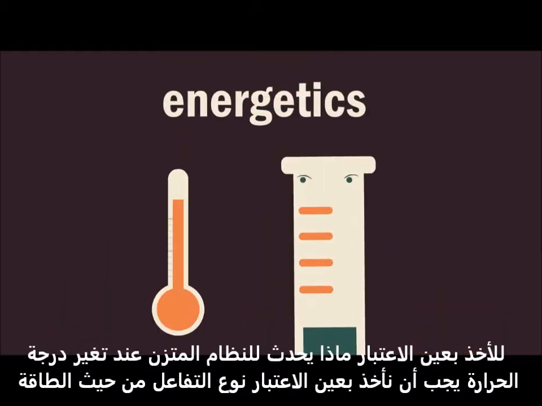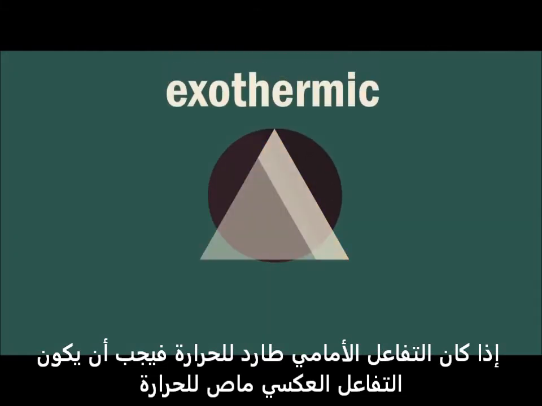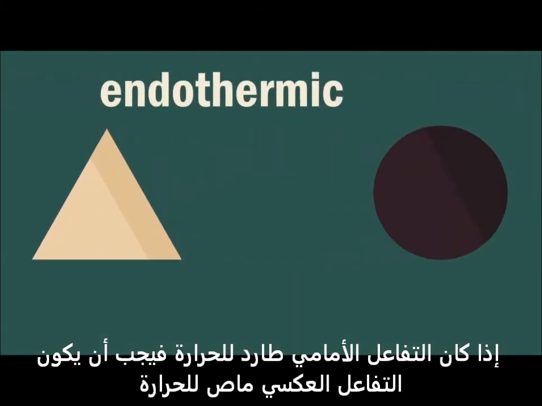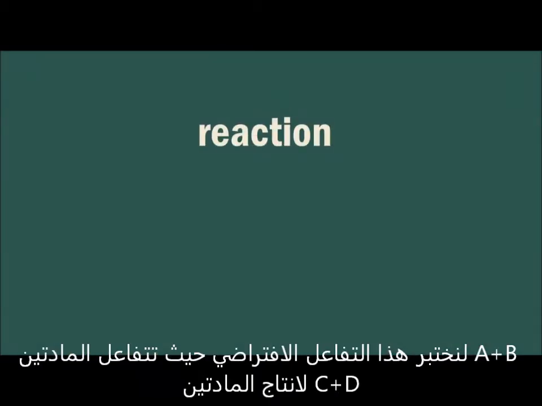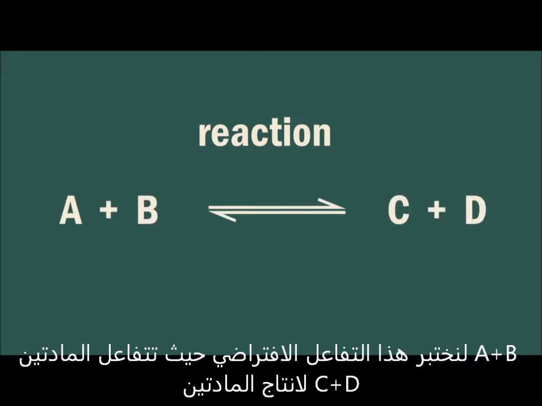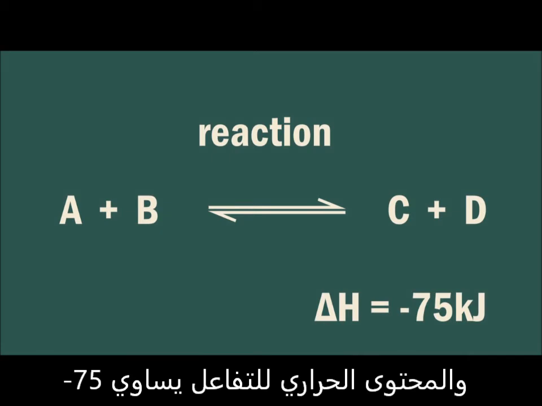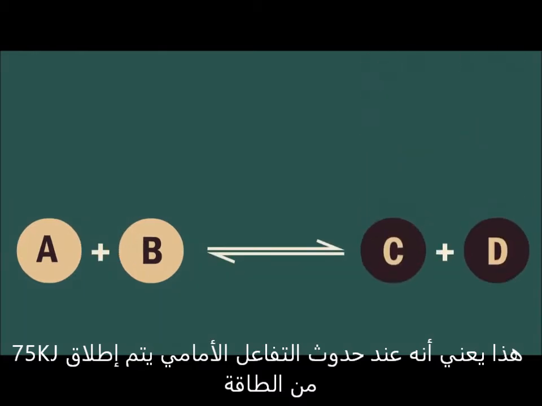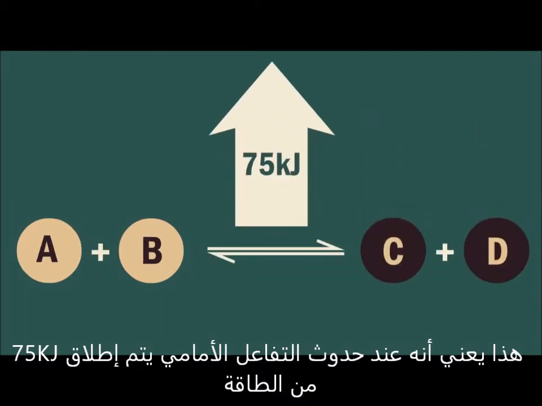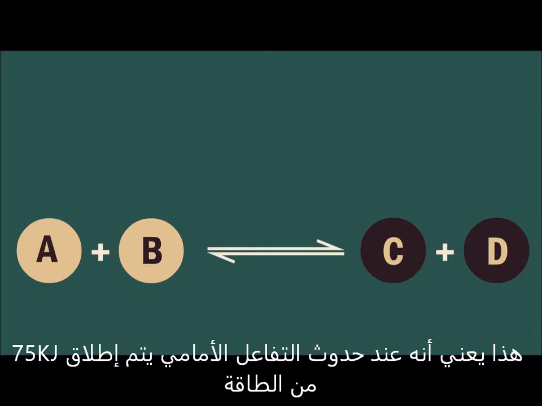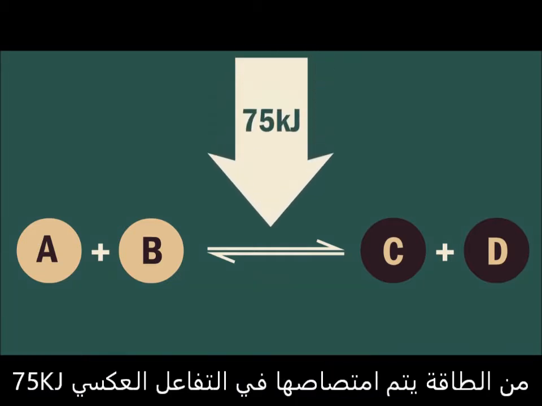To consider what happens to a system at equilibrium when temperature is changed, you must first consider the energetics of the reaction in question. If the forward reaction is exothermic, then the reverse reaction must be endothermic. Let's examine this hypothetical reaction where reactant A reacts with reactant B to produce product C and product D, with a change in heat of minus 75 kilojoules. This means that when the forward reaction occurs, 75 kilojoules of energy is released and 75 kilojoules is absorbed when